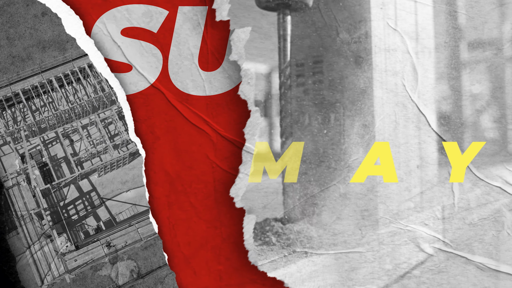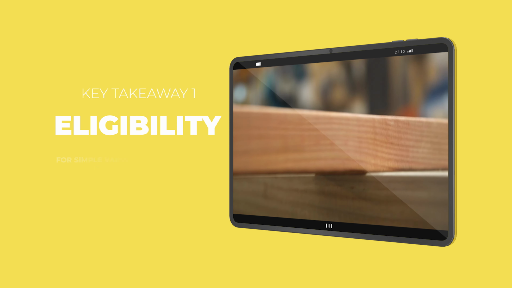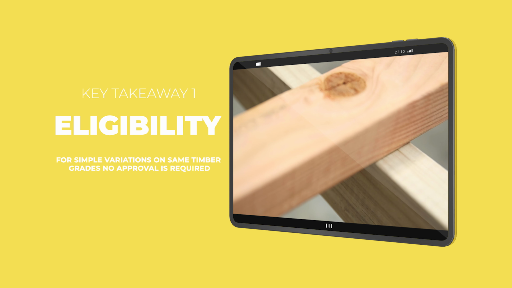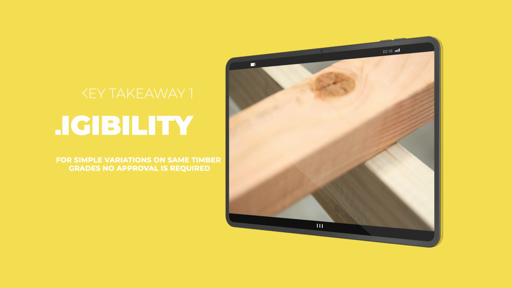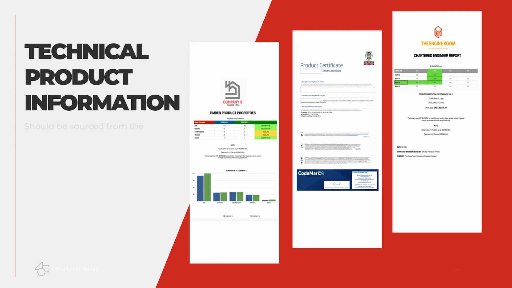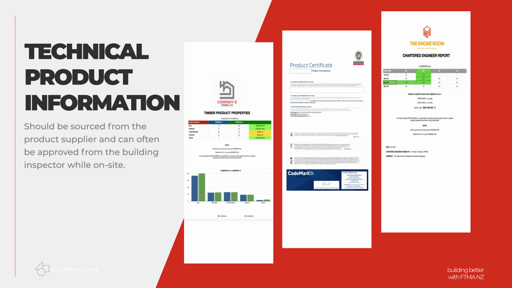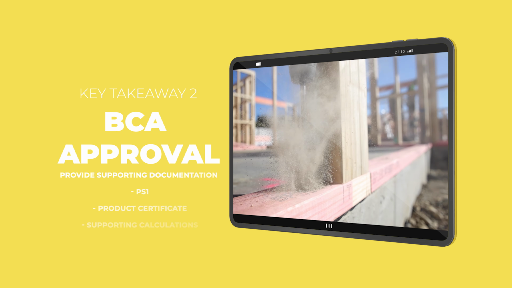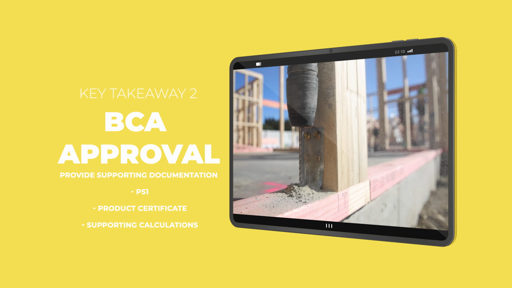So, to summarise what we've talked about in this video, here are the key takeaways. Eligibility. For simple variations around using the same generic timber grades, no approval is required. In the case of simple fixing substitutions, providing adequate technical information for alternative products could make variation approval quicker during on-site building inspections. Does the variation you're wanting to make fall within the definition of a minor variation in accordance